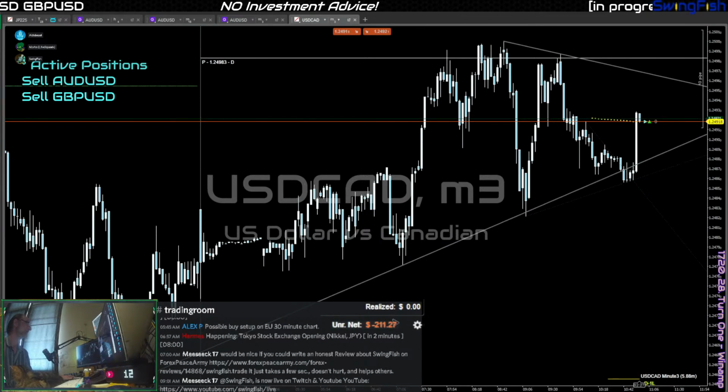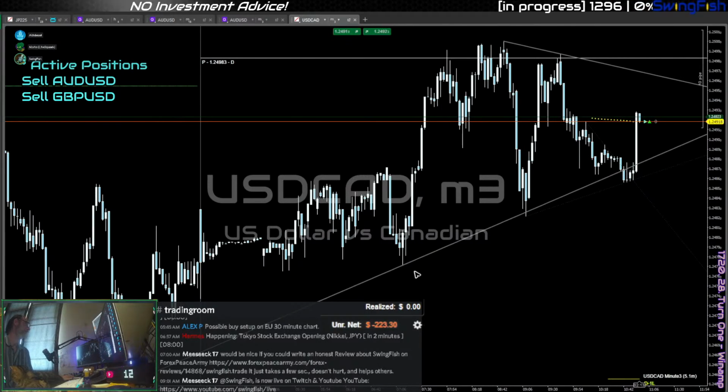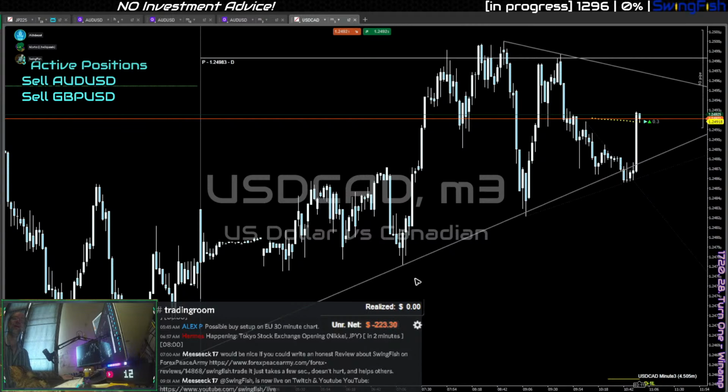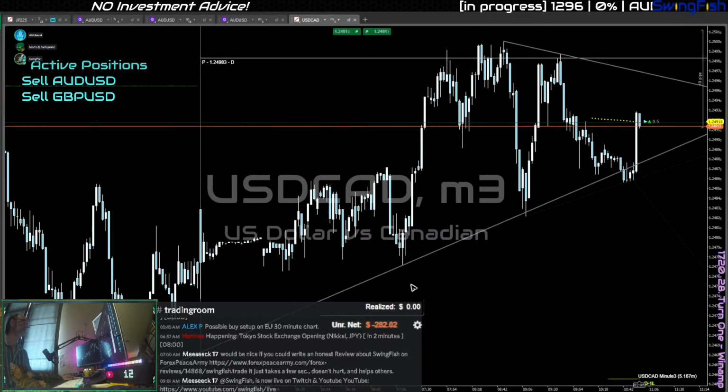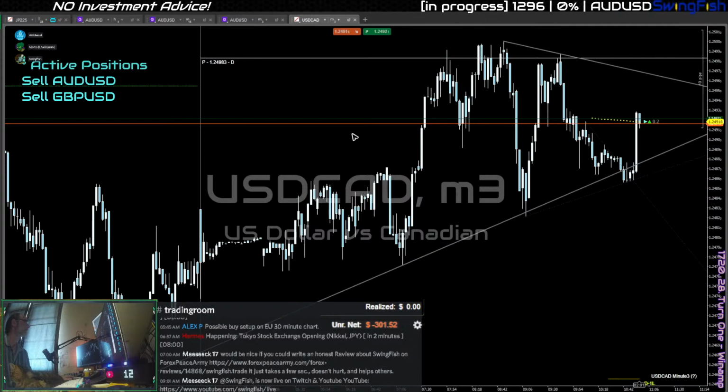Still, it's a VWAP reversal. That's a solid break, like a solid momentum on dollar CAD though. It stopped right at the VWAP. Oh, it's above it, isn't it? Yeah, it's the spreads either side of the VWAP. Should really take profit. I'm playing with fire here. This is gonna go straight down now. Fuck it. I'm done. I'm out.